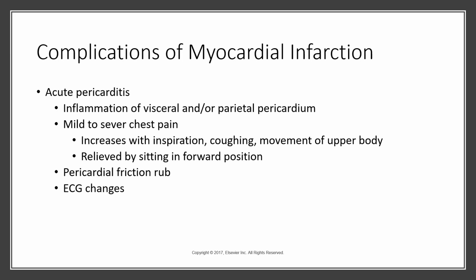If they're having severe chest pain with breathing in or cough or movement of the upper body, and you say, here, sit forward, see if it helps you, and if it relieves that pain, we know pericarditis is a high problem for this patient. And so, we need to assess them for that typical friction rub over the pericardium. You want to use the diaphragm of the stethoscope over the mid to lower sternal border and listen for friction. It could be